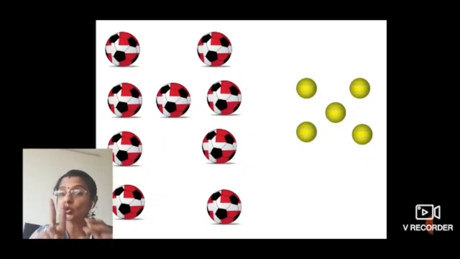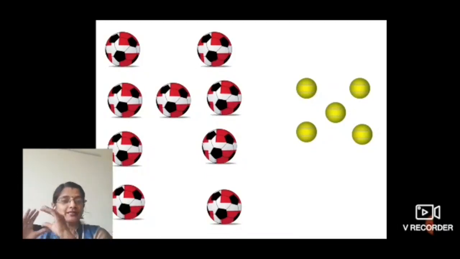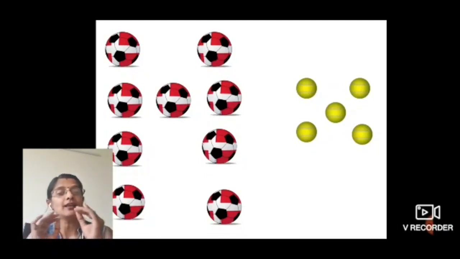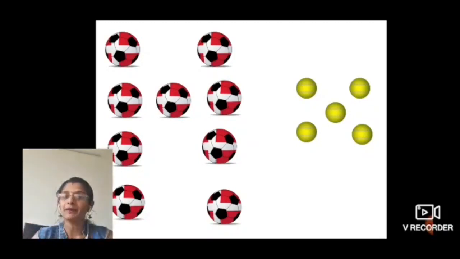So we are framing 2 statements for the information. And the third statement would be for the question. What is the question? Find the total number of balls. So the statement should be framed as total number. We are finding total number. So we will frame a statement like total number of balls, 9 big balls plus 5 small balls. That is how statements are framed.